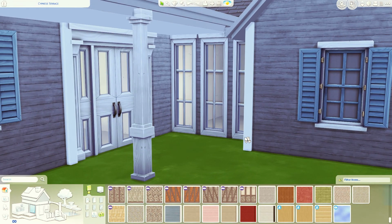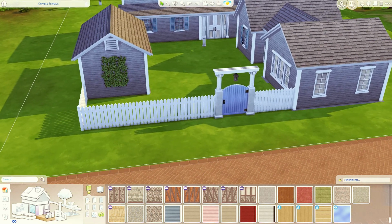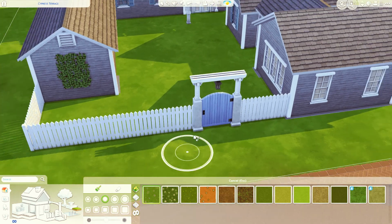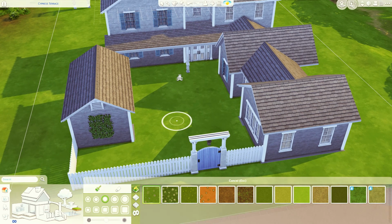I'm very much self-doubting during the building process anyway. So let's just, I don't know what we're going to do with this courtyard in here. It looks like they have mostly shrubs and things like that, like a little pathway surrounded by flowers and shrubs. And then there's a little porch